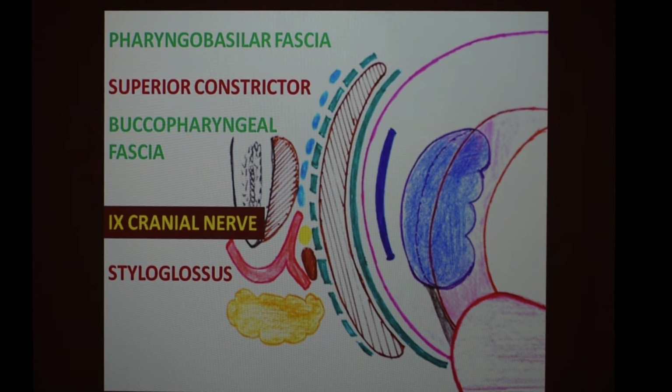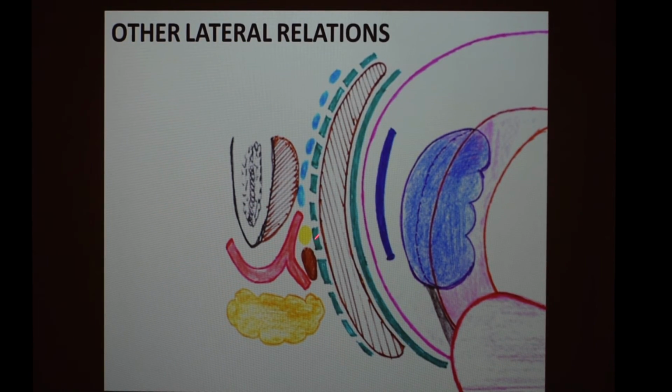Apart from this, we can also have some other structures related laterally to the tonsil, which you can see here. One is a part of a bone, with a muscle attached on the medial aspect of the bone. There is one artery and one gland. Also, in the upper part of the lateral aspect of the buccopharyngeal fascia, we have a venous plexus. The first one, the blue colored, is the pterygoid venous plexus, a word you might have come across in the infratemporal region.